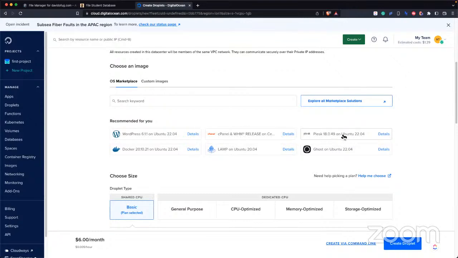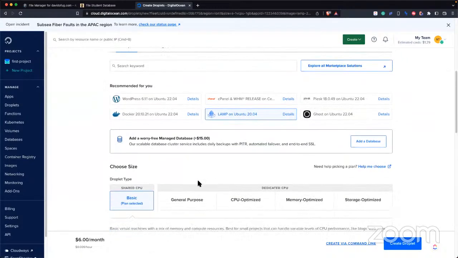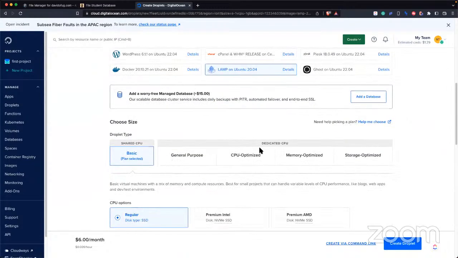You can also get the one which has Plesk, but of course, Plesk and cPanel are paid for. So after installing, you'll be required to pay some money to Plesk. But for now, I'll go to the LAMP. I'll click it. And then since our app does not have databases, so on and so forth, I'll just go to this one